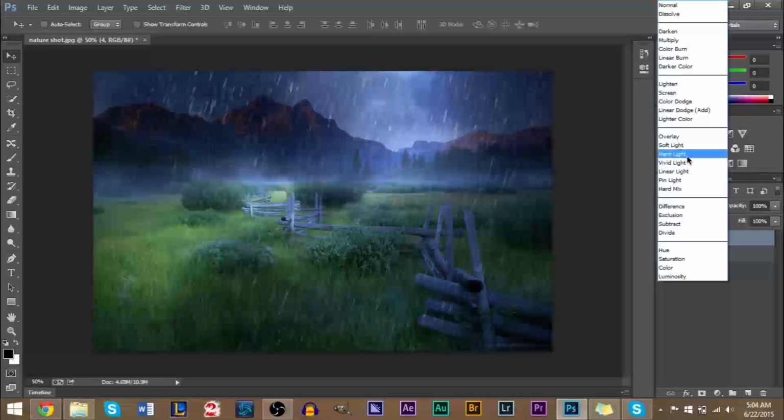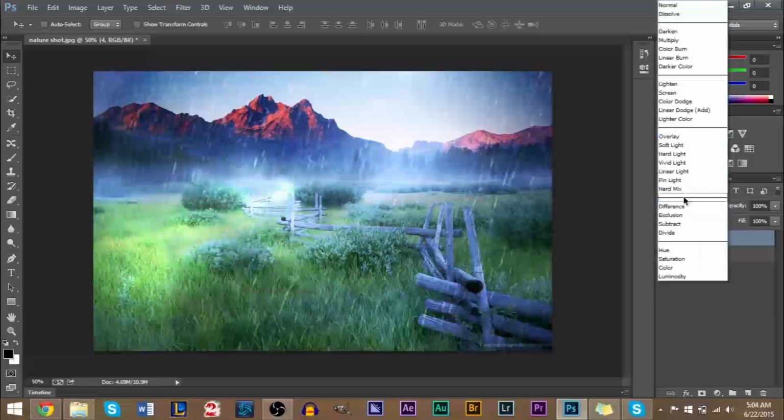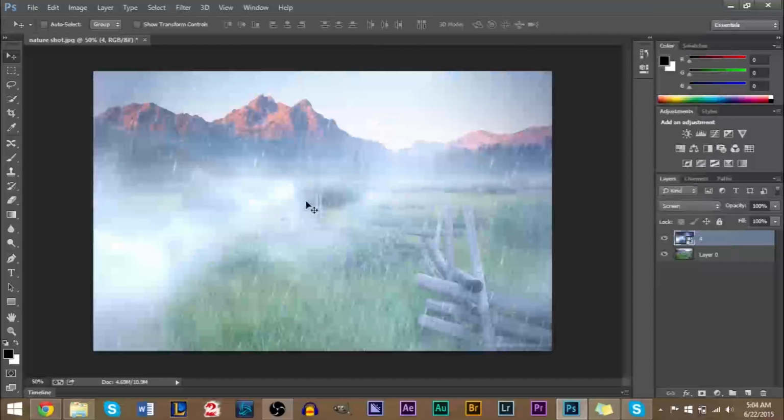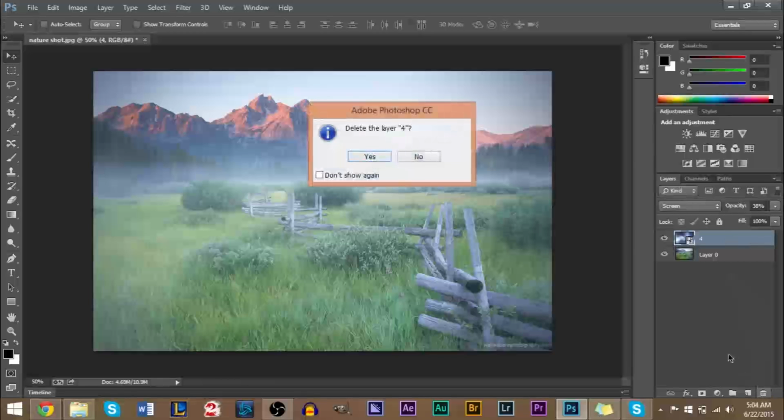If we use overlay, we'll get that. Screen, a bit too foggy. That was pretty nice. But as you can see, overlays and photo filters can make a huge difference between your